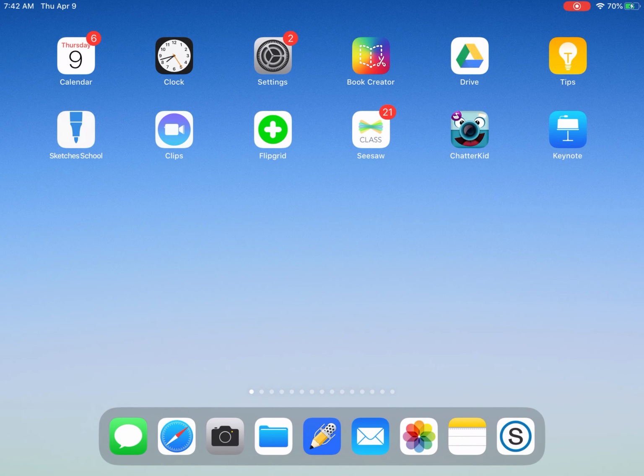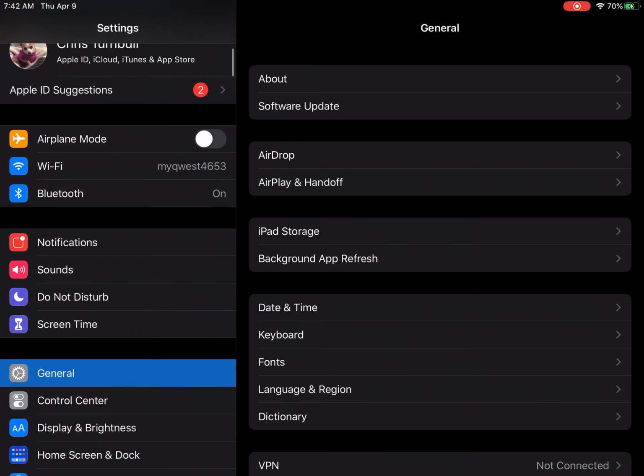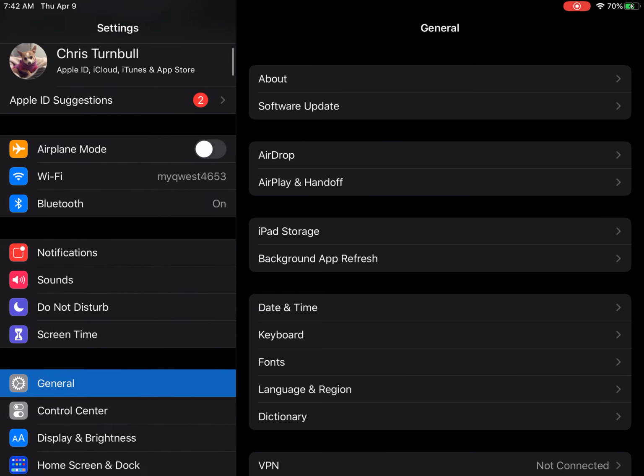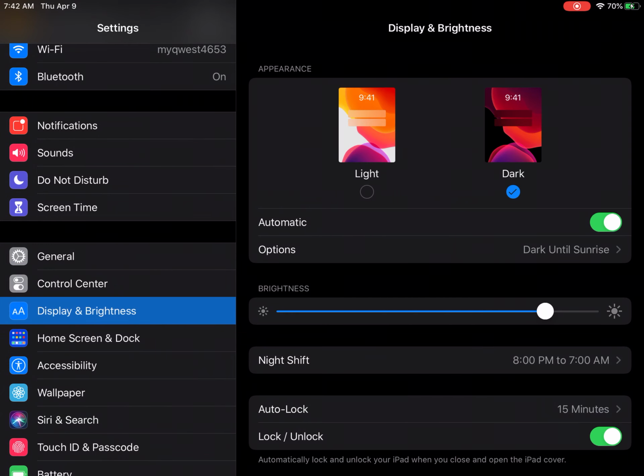You may want to adjust a few of the settings on your iPad to make it more personalized for you. You can do this by tapping on the Settings app, and along the left side you'll be able to see all the categories within settings that you can adjust. A few that you might want to change include display and brightness, where you can decide if you like the